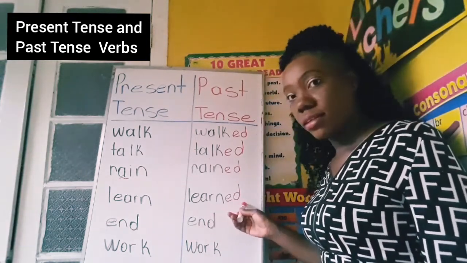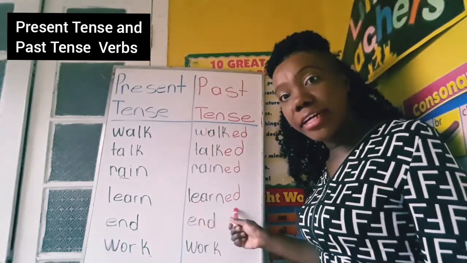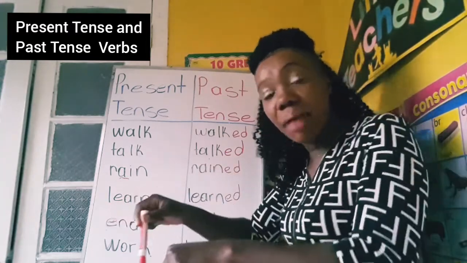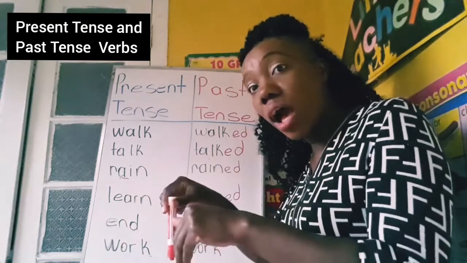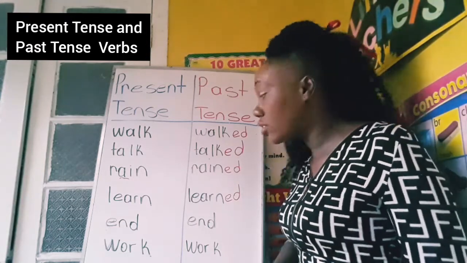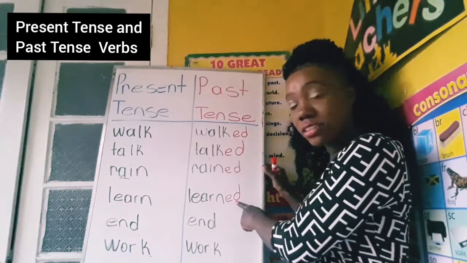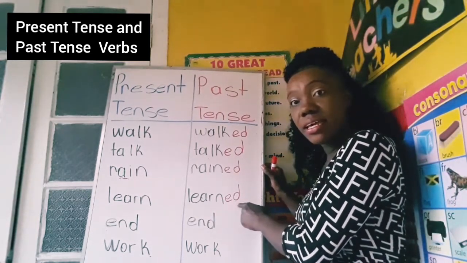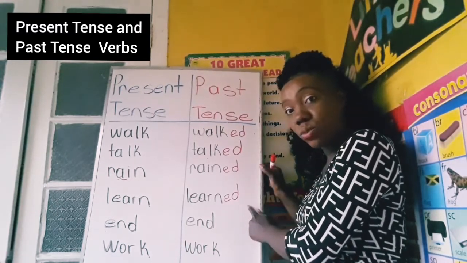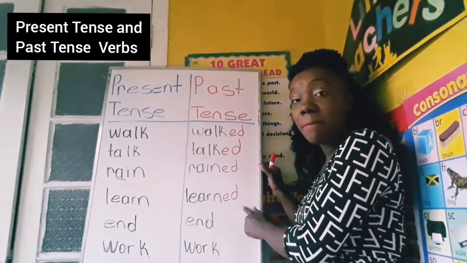Learned. Yesterday, the past tense, you learned. But right now, you learn. It is happening now, so you learn right now. But yesterday, this morning, last week, last month, you learned. And you see what I had to add to make it past? Which two letters? E-D. Because we are doing ED words, past tense words. So we are adding ED to make these verbs past tense.